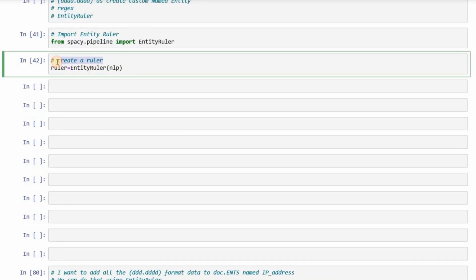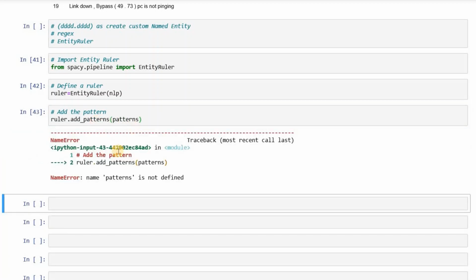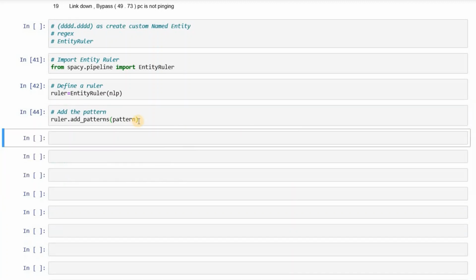Basically we are defining a ruler. The next step is ruler.add_patterns and we pass a pattern. Patterns is not defined because I have not yet defined the pattern.